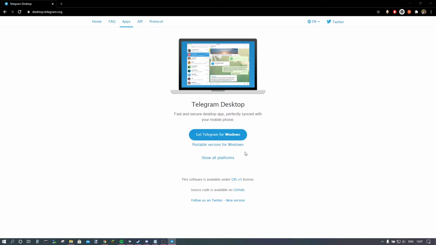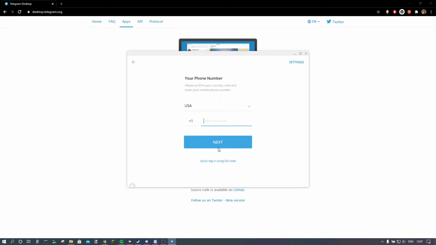You just got to give it a second, and there it is. So now you hit start messaging. If you don't already have an account, it will ask you to, and you can just do this and it'll sign you up. You can use your phone number to log in along with a password, if you choose. You don't have to use a password. If you don't have a phone number that you want to log in with, if you want to keep your phone number private,